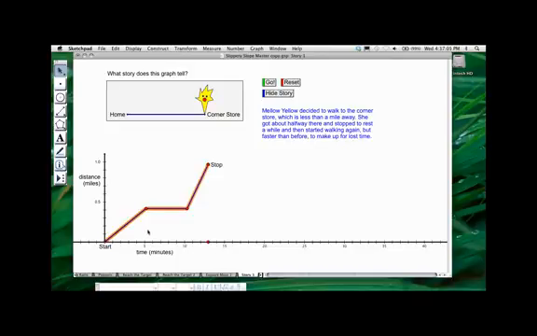Okay. Yeah, so again, one thing you might want to talk about is what does this point mean in the trip? That means that at 5 minutes she was at about 4/10 of a mile from home, and after 10 minutes, she was about 4/10 of a mile from home. So she really didn't move at all away from home during that 5 minutes. Okay, so this is story 1. And story 2,